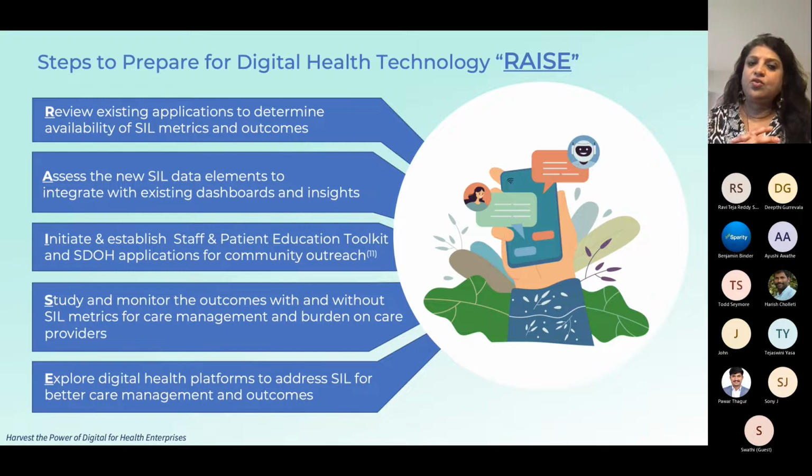The second one is to really see what the new social isolation and loneliness data elements are that are out there. Is it enough just to include these three questionnaires? Do I need to include all the other socioeconomic factors for the patients? What kind of population comes to me? Is it largely Medicaid patients? Do they have financial challenges? Should I be prioritizing the social determinants of health? Or is it largely Medicare patients? They have a lot more chronic conditions. Should I be prioritizing something else?